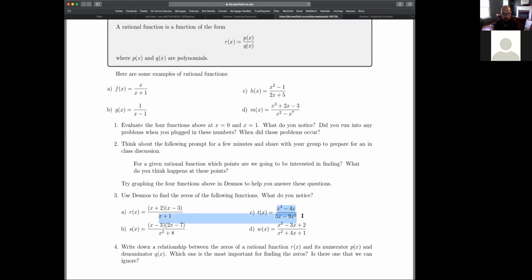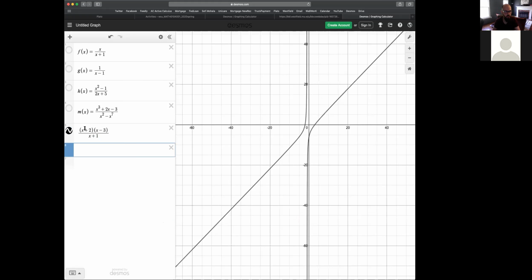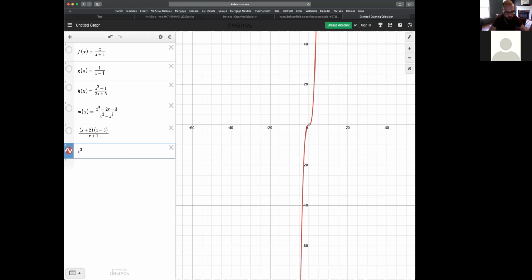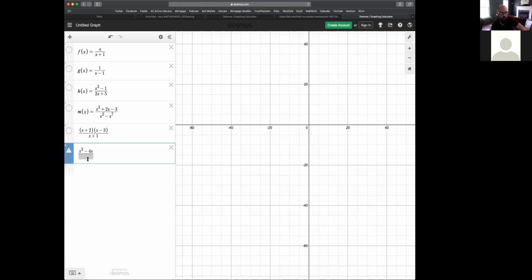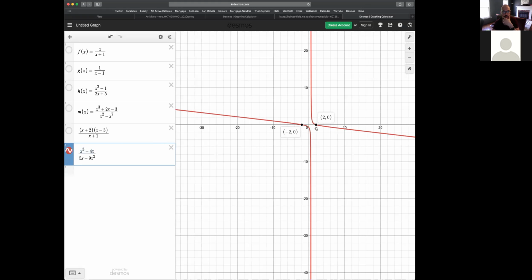But let's try something like this one here. So x cubed minus 4x, right? Let's try another one. So what are the zeros of that numerator? 0. And 2 and negative 2. Yeah, 2 and negative 2. So we would expect 0, 2, and negative 2 to come up, and it looks like 2 and negative 2 do,